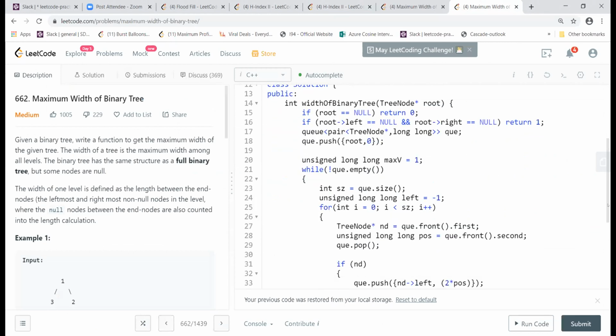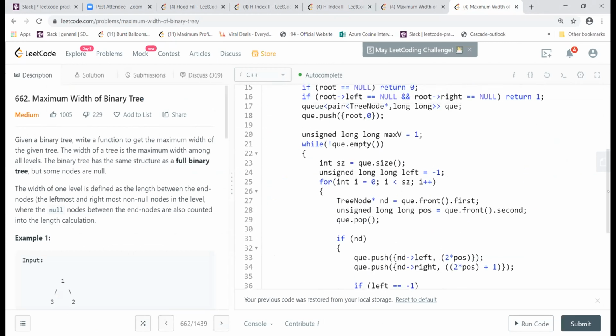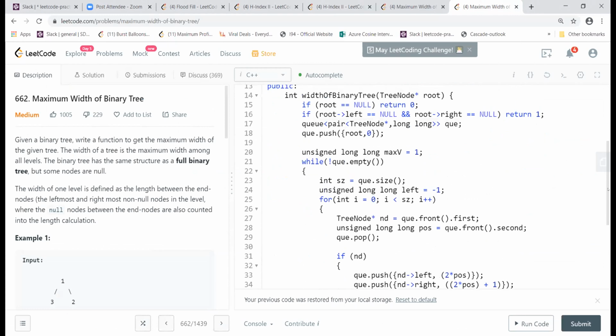See, in this case, the only difference is between yours and mine.